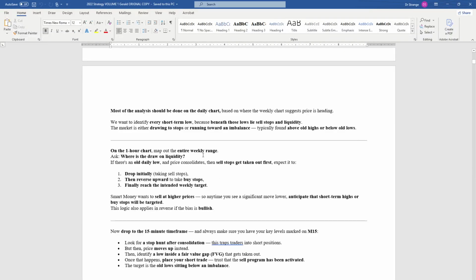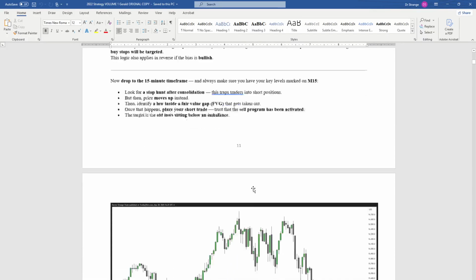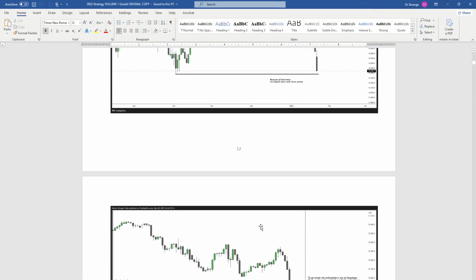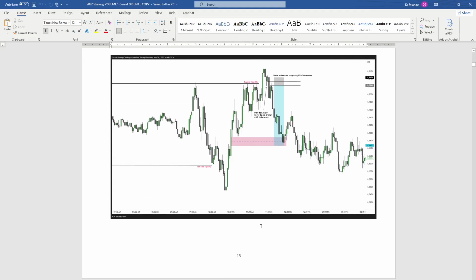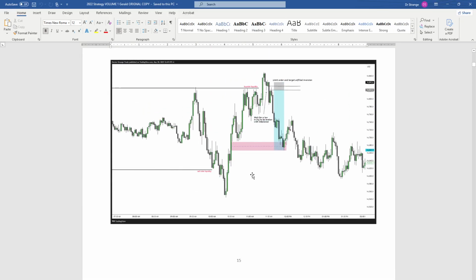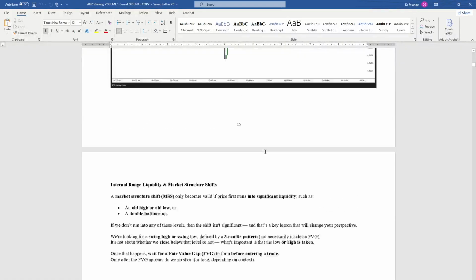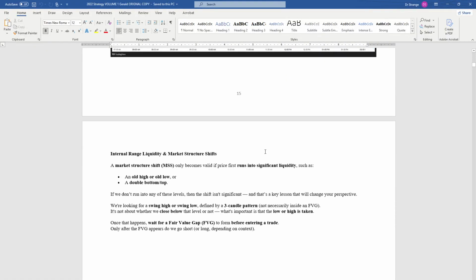So ICT in the first episode was telling us analysis should be done on the daily chart, based on the weekly chart, to suggest where price is heading. Now he was teaching us bias. So these are my notes. You write and you annotate with your charts, with all your observations from different time frames. And then you note where you would have sold from. So you see buy side is taken, wait for a market structure shift. This is a short-term low that has been taken out, market structure shift, institutional order flow entered with a sell. Target: internal range liquidity. You don't want to take screenshots of ICT's videos, no.